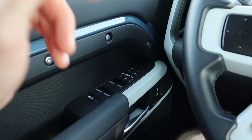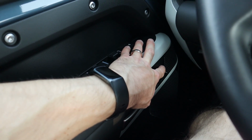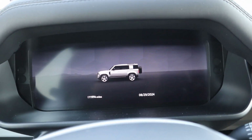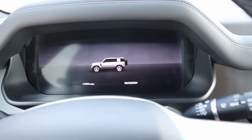Sounds pretty solid. Not as solid as like a Wrangler, but I do like the lock and unlock sound. Take a listen. Sounds pretty good. Now, all Defenders have this 12.3 all-digital instrument gauge cluster display, and turning this vehicle on with